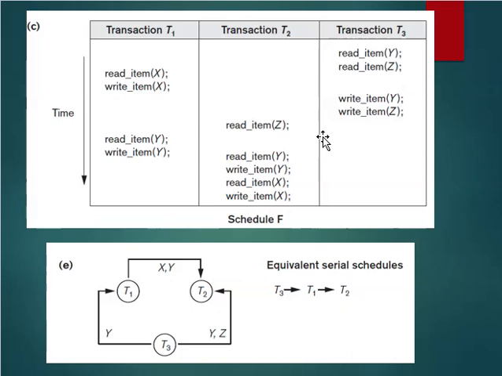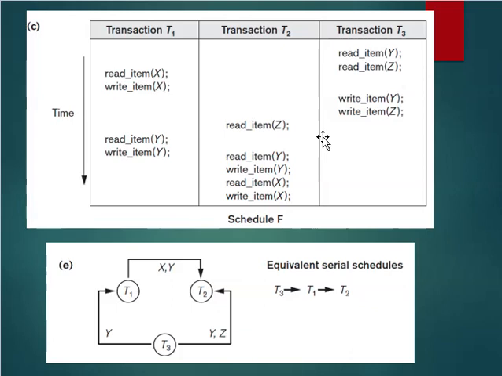So starting from transaction T3, read Y. Transaction T3 read Y has a conflict with transaction T1 as well as transaction T2. So you have to draw from T3 to T2 as well as to T1 for Y. Then the next operation is read Z. We check whether it has a conflict with T1. No, there are no operations on Z in T1, and in T2 you can see that there is only a read item of Z, so it won't create any conflict.